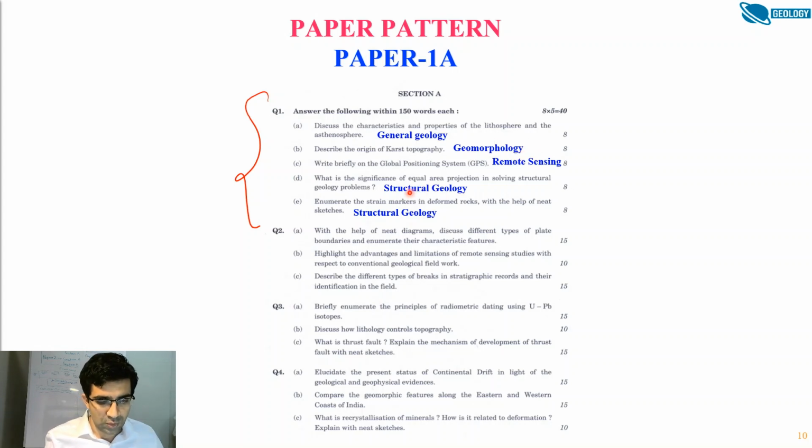So you got 2 questions. In this paper you will get 2 questions from each subject, that will be 2 plus 2. You can do that only for two subjects, so that makes 4 questions. Because there are only 5 questions in this section, one of the subjects will get only one question. Here general geology got only one question, but that will be compensated for as we come to question numbers 2, 3 and 4.